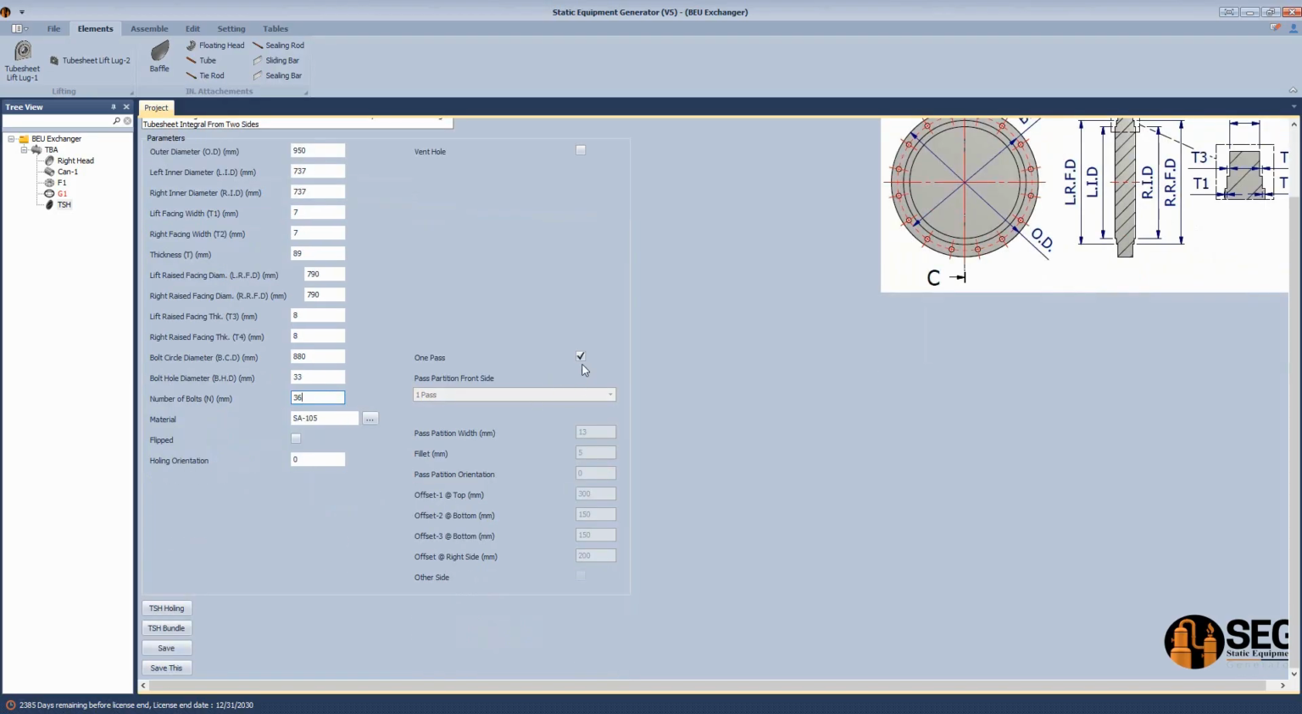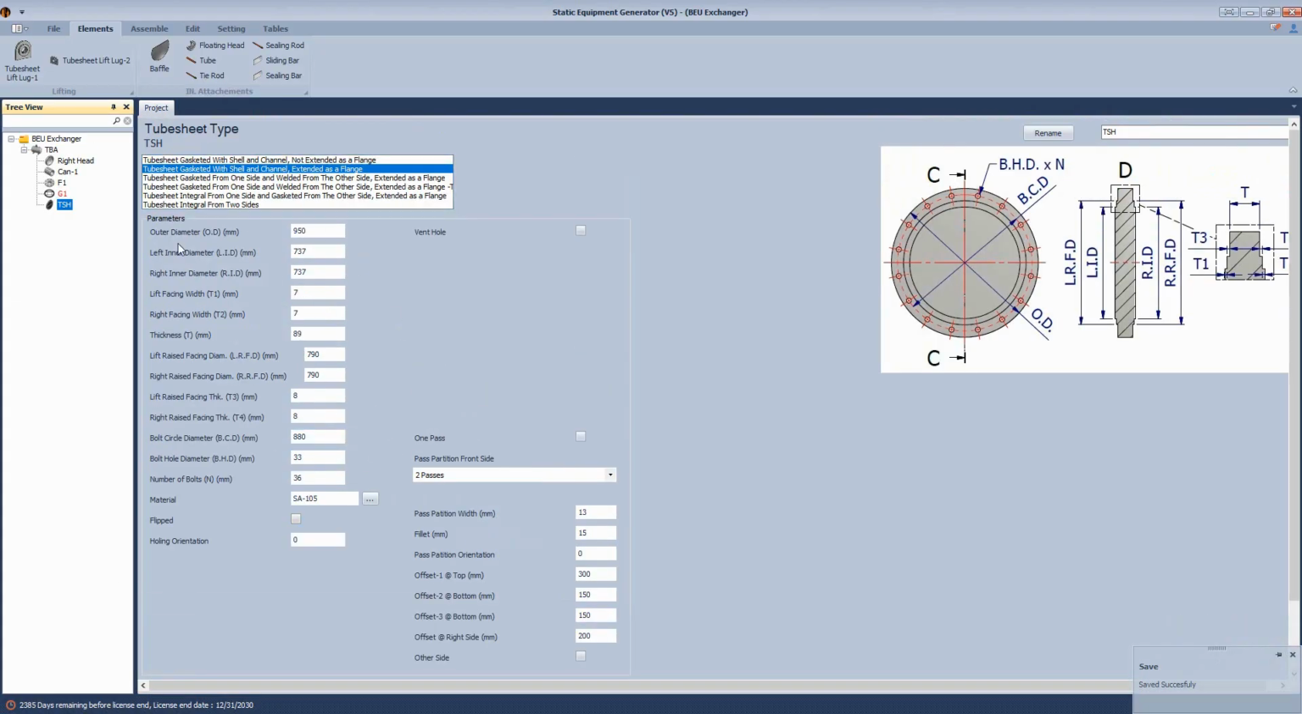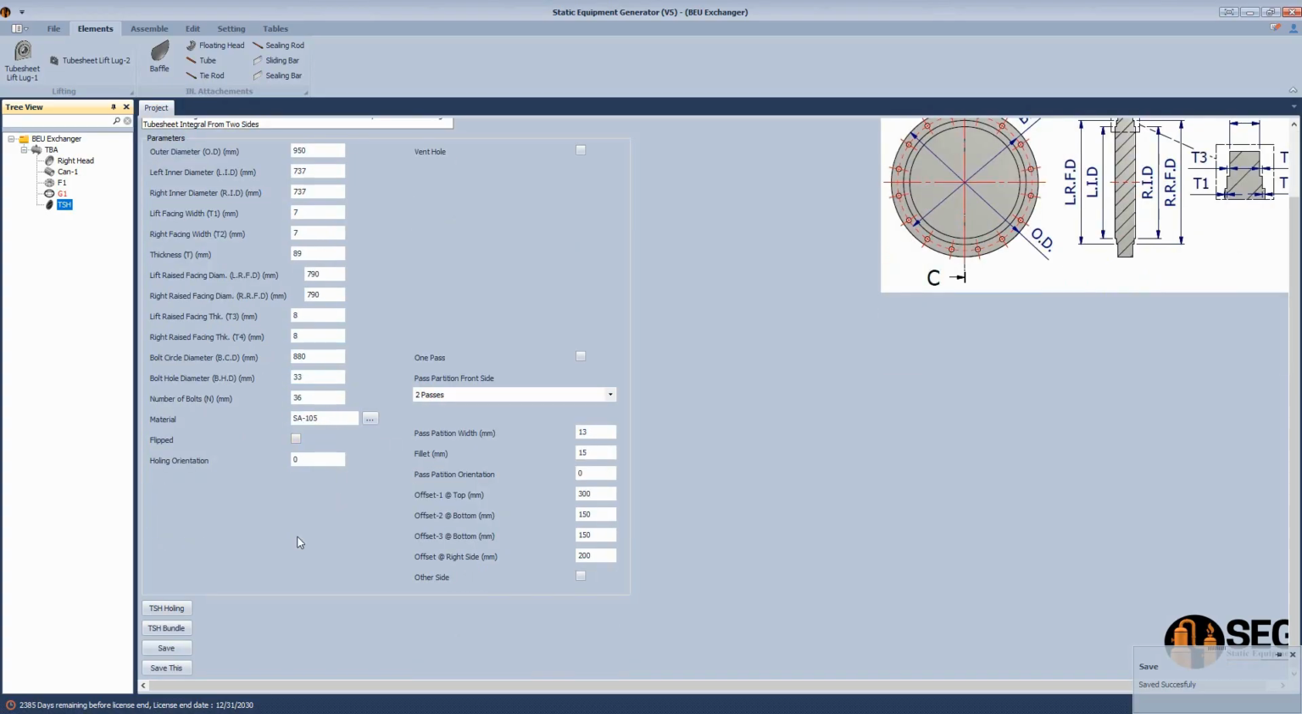And now the number of passes, let's activate that one and make it 2 passes, and here define the pass partition, and the fillet we will make 15, and keep the other dimensions as they are, and from here click on save. Now as you can see here, we defined the main dimensions of this tube sheet, and from the tube bundle